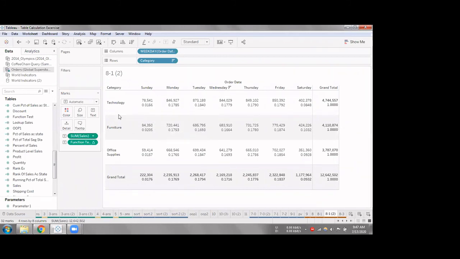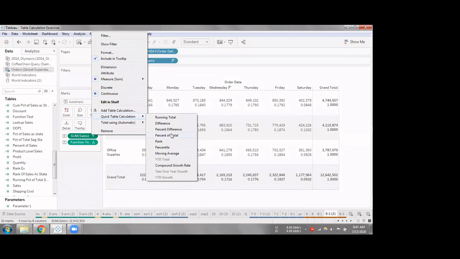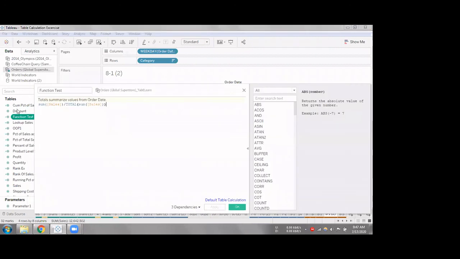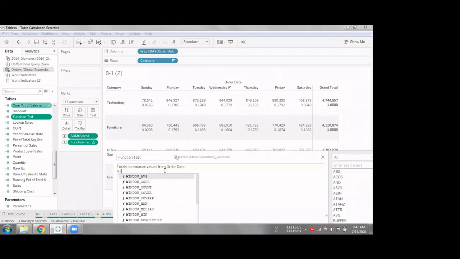And what other functions do we have? Quick table percentage of total, we have rank, for which we already have a direct function. Percentile also has a direct function. And then we have moving average. Moving average is where we use the window function. For example, edit, let's say it's the same thing we already did, window average of sum of sales.